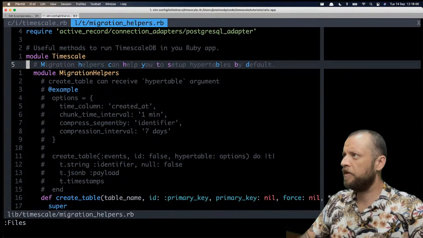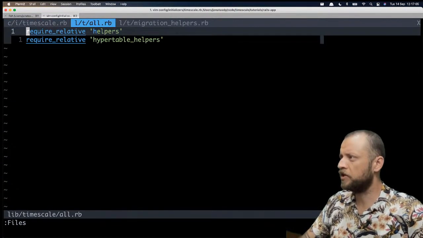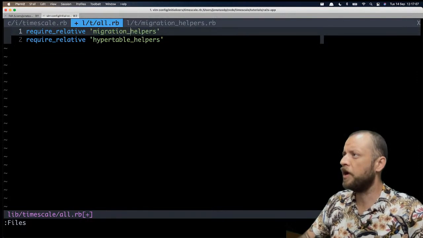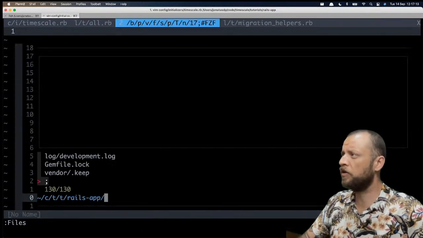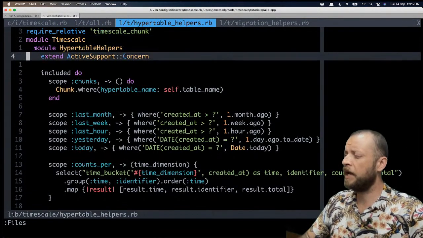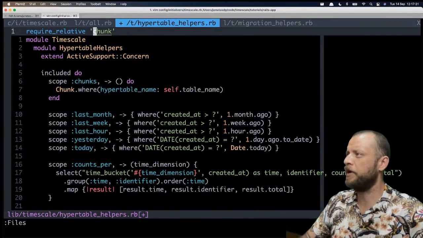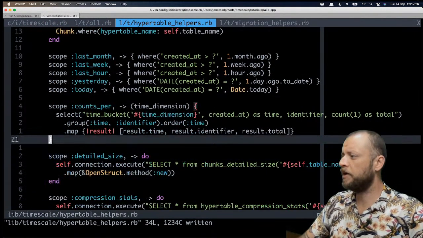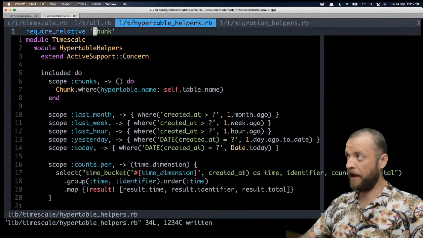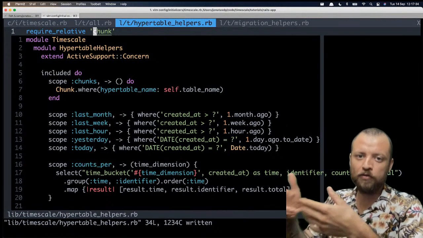And we have the migration helpers, so we need to say here on the timescale/all we call migration helpers, and we also have hypertable helpers. So let's take a look on hypertable helpers, and here we have like require relative chunk. Now we rename it to just chunk, and yeah, so now let's say we have all the helpers we have before, but in a Rails ecosystem, so we can go forward and